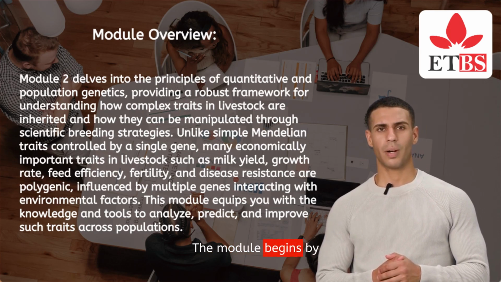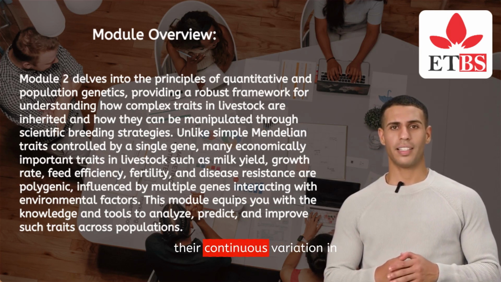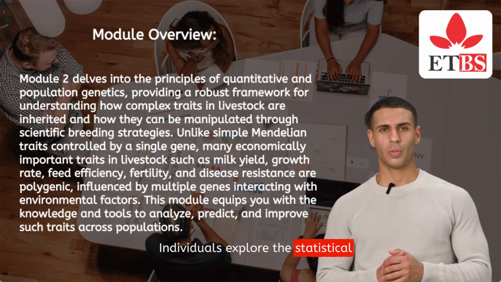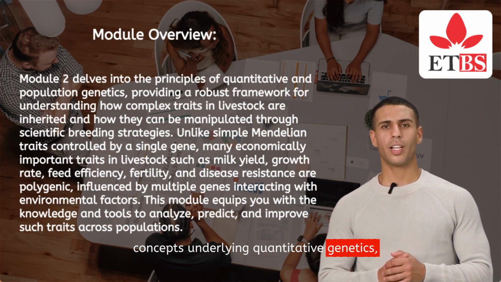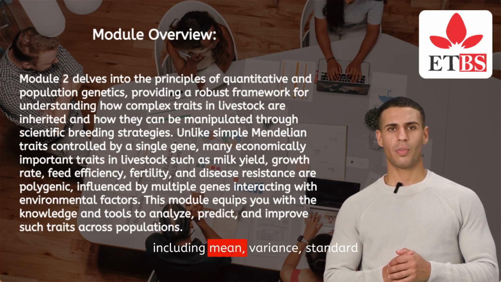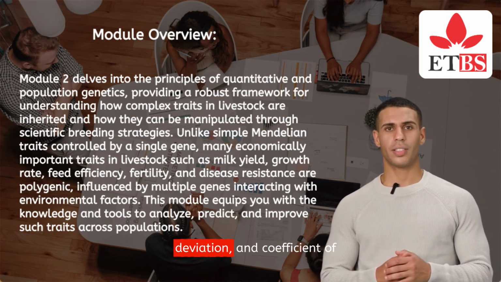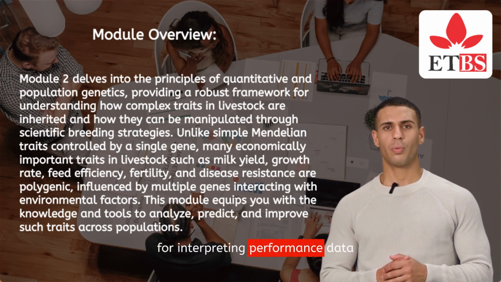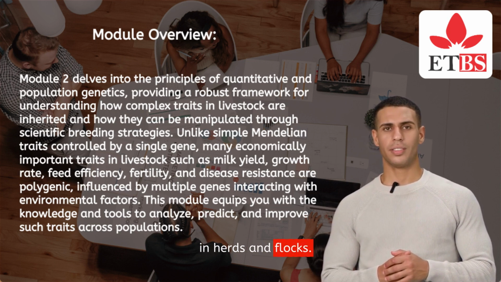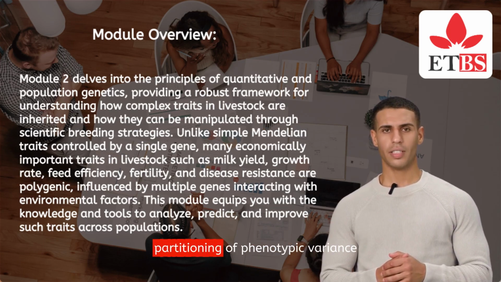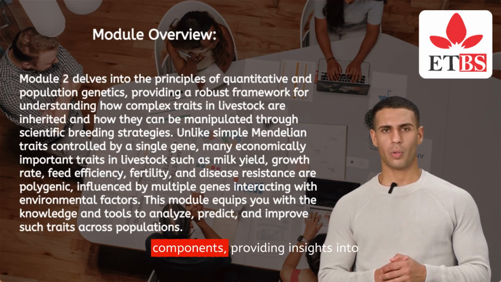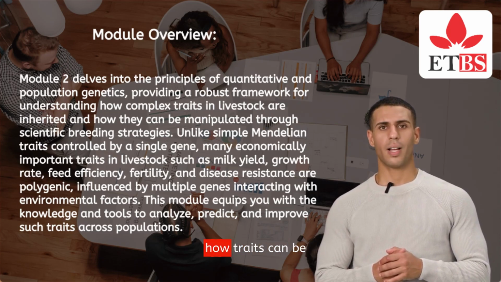The module begins by defining quantitative traits and their continuous variation in populations. Individuals explore the statistical concepts underlying quantitative genetics, including mean, variance, standard deviation, and coefficient of variation, which are crucial for interpreting performance data in herds and flocks. The module emphasizes the partitioning of phenotypic variance into genetic and environmental components, providing insights into how traits can be